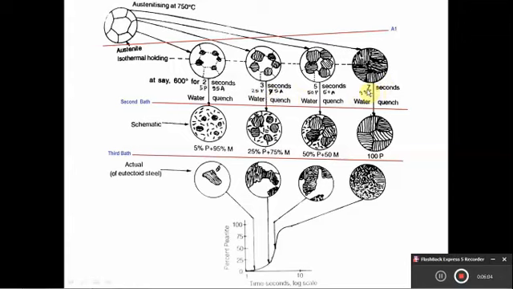Similarly, in the case of the 7 second specimen, 99% pearlite will transform because it is held for some more time than the earlier specimen. So 99% pearlite will transform and only 1% of austenite will remain as it is. The remaining austenite, which is untransformed austenite, will get completely transformed when the samples are taken out from the second quenching bath to the water quenching bath. So here you can observe 5% pearlite will remain as it is, and 95% austenite will get transformed into 95% martensite because of sudden quenching.